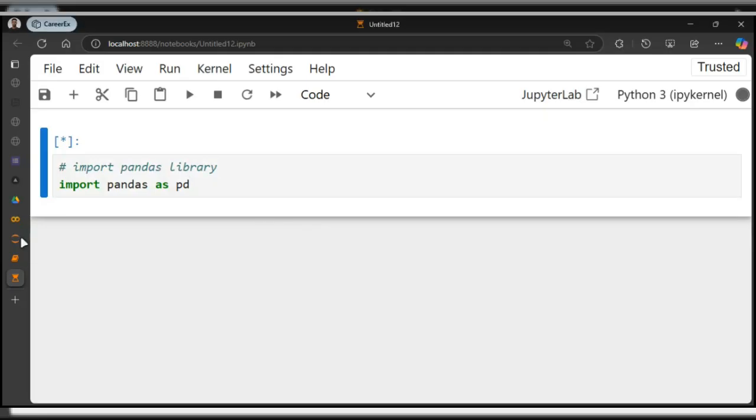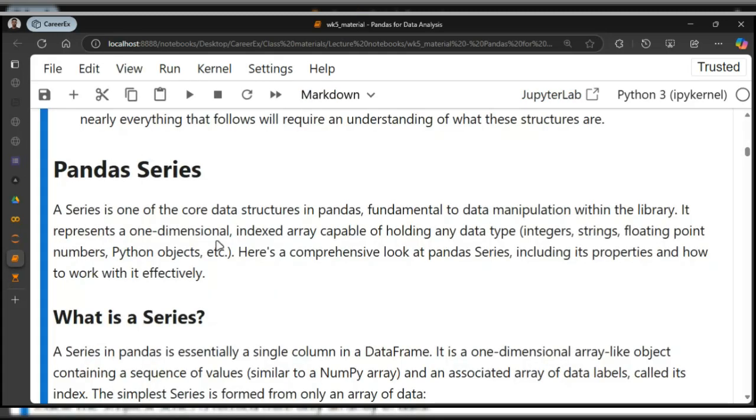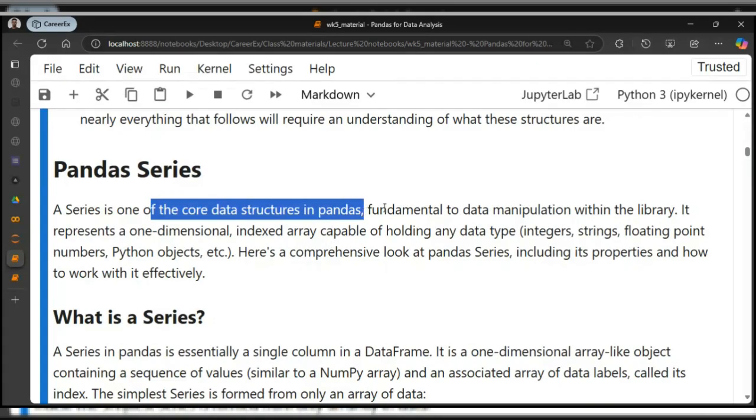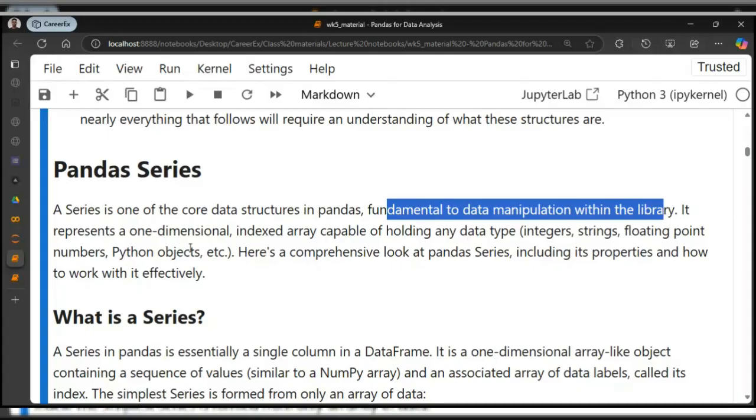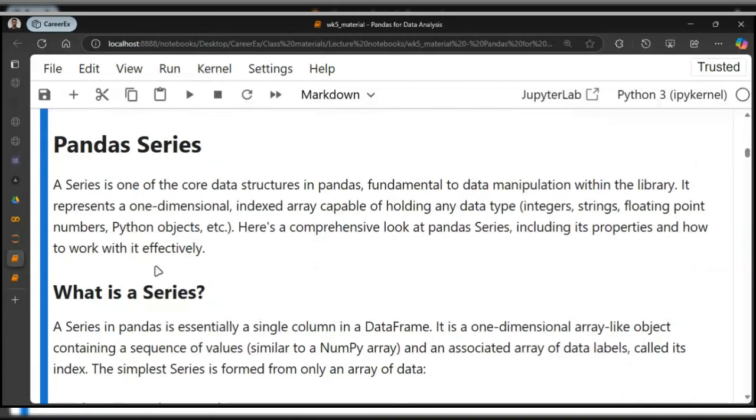Now let's continue with the description of a Pandas series. A Pandas series is one of the core data structures in Pandas. It is fundamental to data manipulation within the library. It represents, and this is very important, a one-dimensional indexed array capable of holding any data type: integer, string, floating point numbers, Python objects, etc. It's very important for you to understand that a series is one-dimensional,